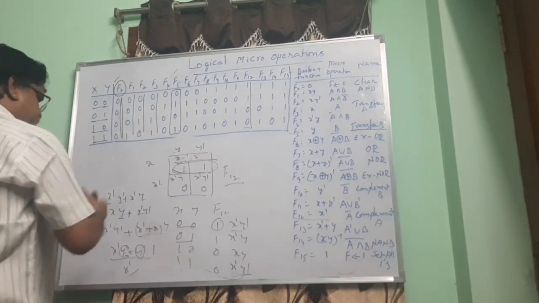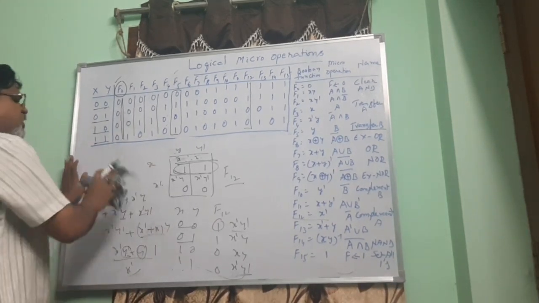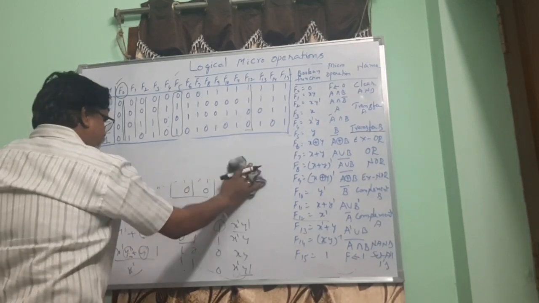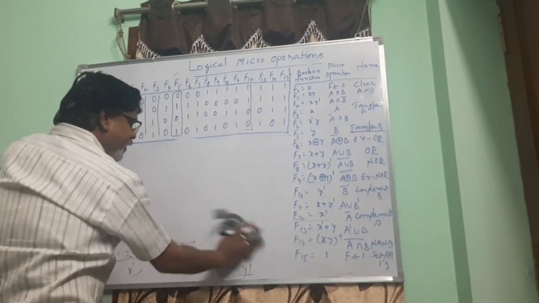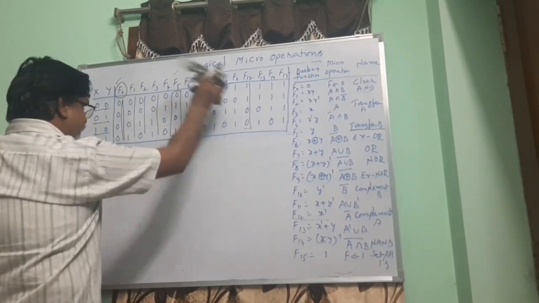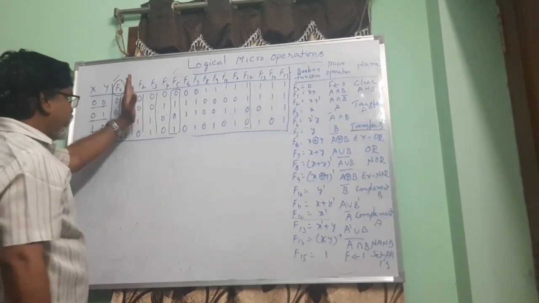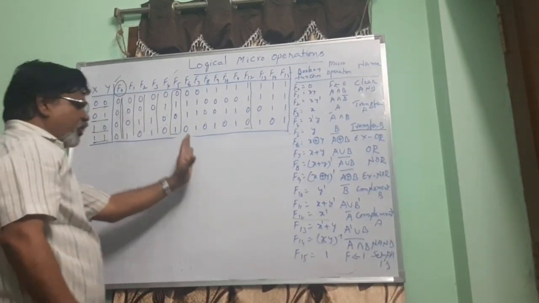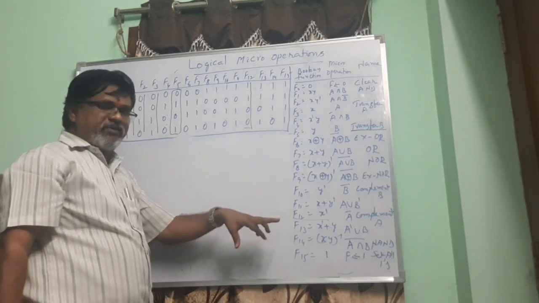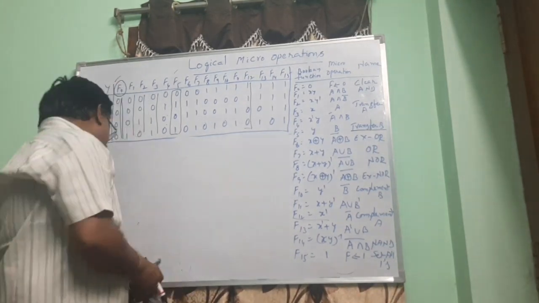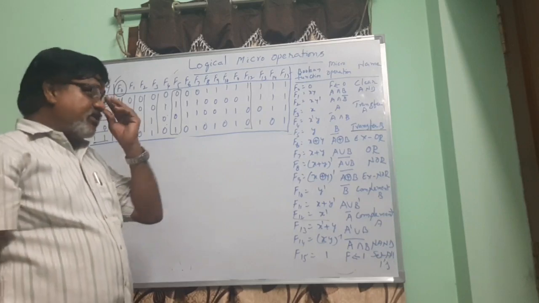Actually I thought of explaining this using a K-map, but there is a little bit of confusion in the simplification of the K-map. So you can simplify any Boolean function among these, with these outputs and with these inputs. You can write the combination and get it simplified by using your Boolean rules and Boolean postulates. Finally you get.